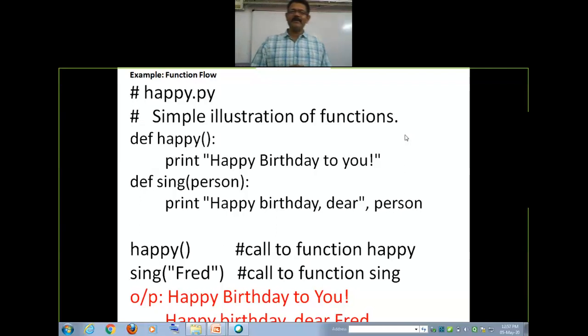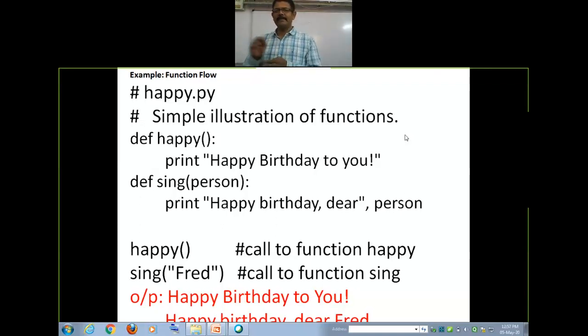After that, we have called the sing function, and we have passed one argument, the name of a person, Fred. Instead of Fred, you can write your name. When you execute sing with the name, it passes the name to the function, so the value of person will now be Fred.